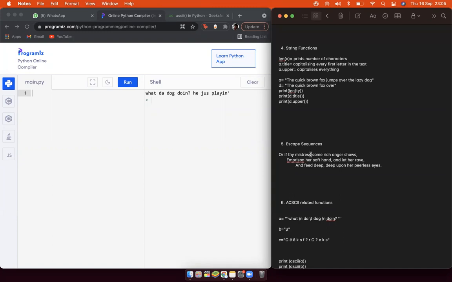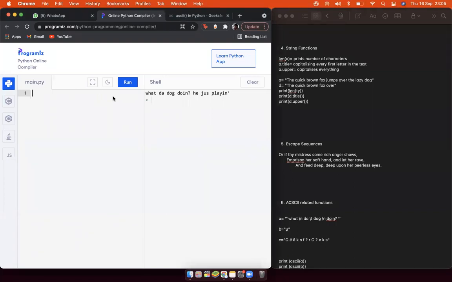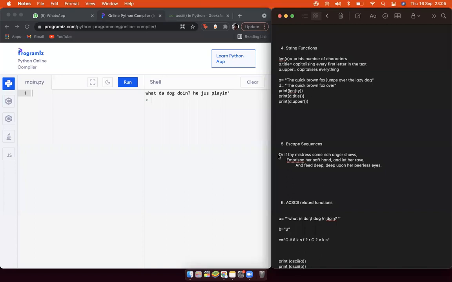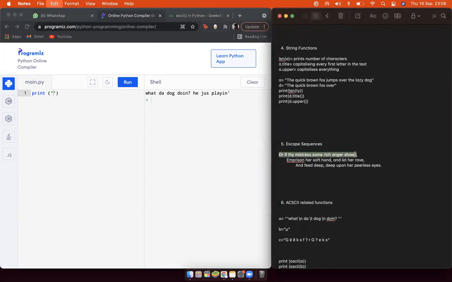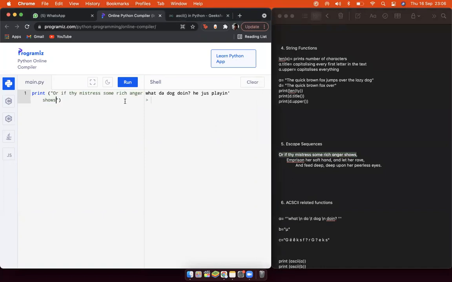So there can be questions like this that they ask you: write a code whose output prints like this. The first line is normal, then one line down there's a little bit of spacing, and then one more line down with a little bit more spacing, right? So how to do this? You basically just write print, bracket open, put your speech marks, copy the first line, and put it in. That's the first line done. Now how do I go one line down?